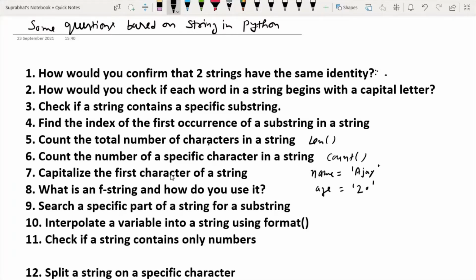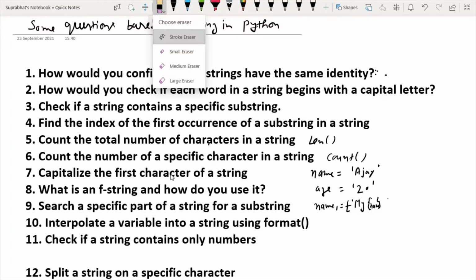So suppose I have a string like name1 and I have written F here, then single quote, I have written my, then I use curly braces here. In these curly braces I have written name.